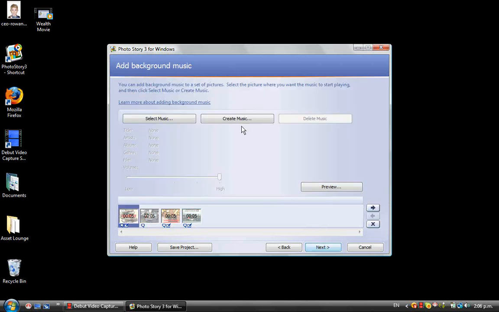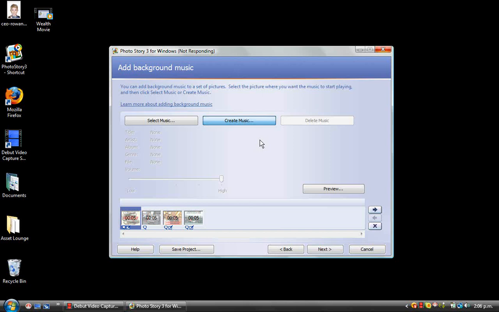I'm going to click on Next, and we're going to click on Create Music. Now this is a great feature. It allows you to pick from different types of music, different speeds, different beats and different moods, and it will then create a fantastic soundtrack that will be played in the background of your mind movie.